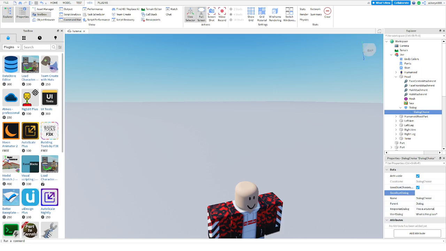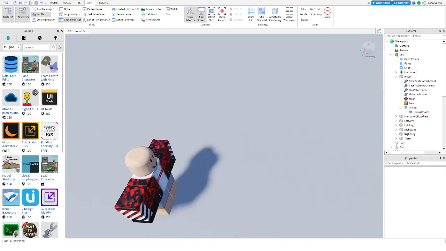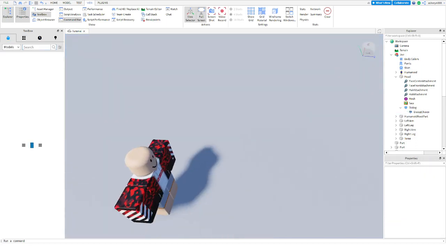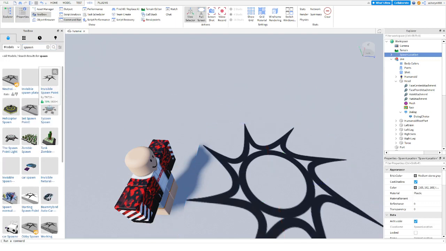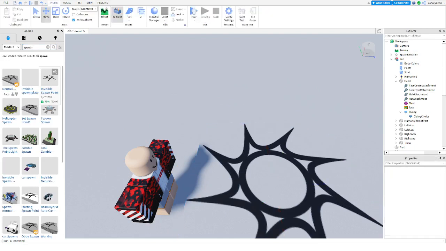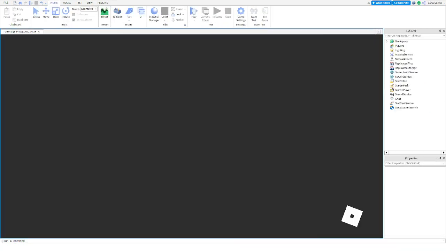And then the goodbye dialogue is again what you will say if you want to say bye to him. Now I'm just going to quickly add in a spawn, just so that I don't have to come all the way over here from a random place. So I'm going to go onto here and